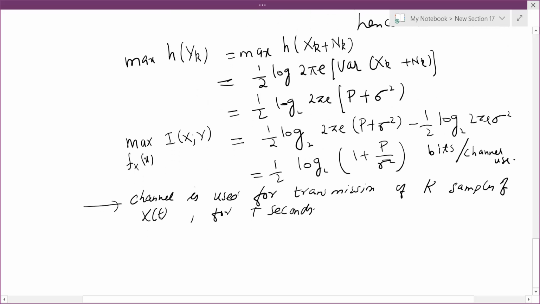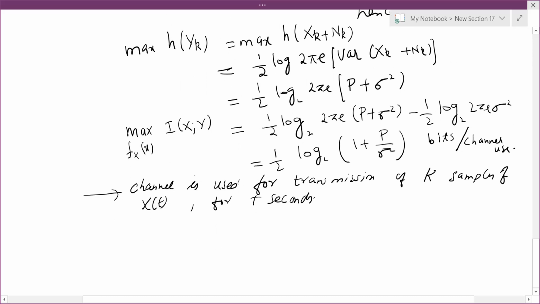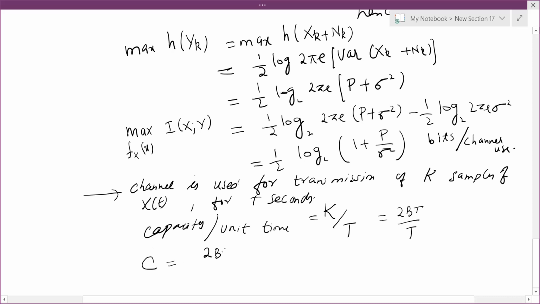So we can say that the information capacity per unit time is k by t, the number of samples divided by the total time, which is 2bt by t. Hence the overall capacity will be 2bt by t times half log of 1 plus p over sigma square,